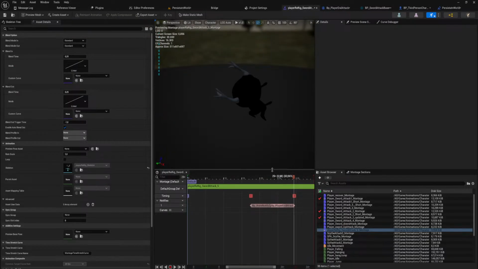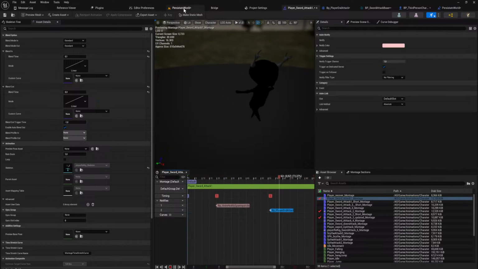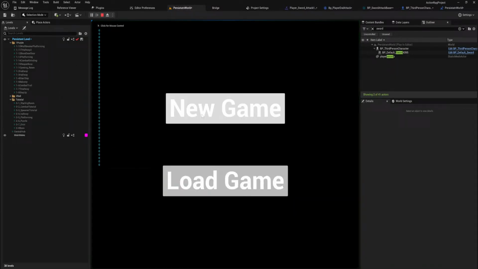I guess we're ending the ability too early, and that results in something for some reason. Let's just pull this a little bit later and see if it still does that.